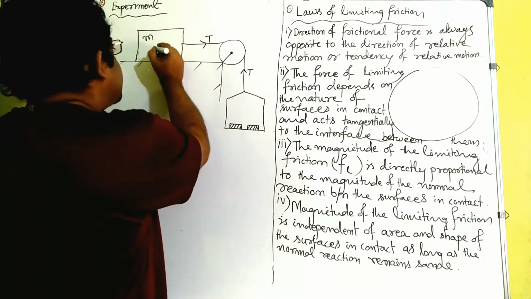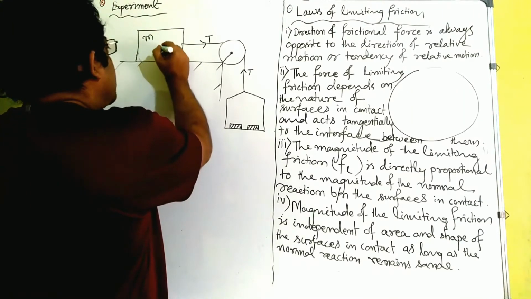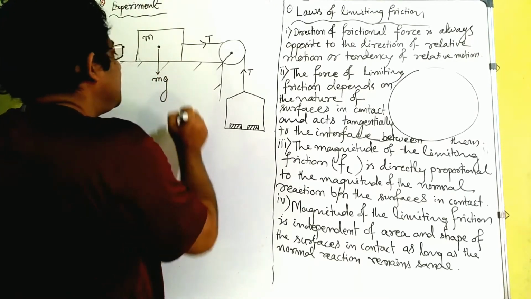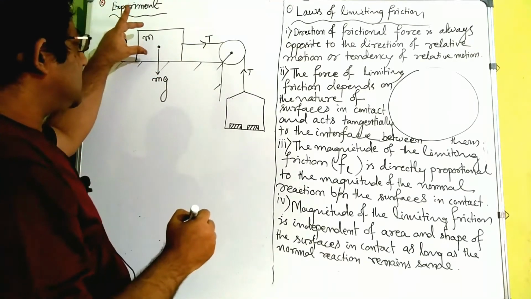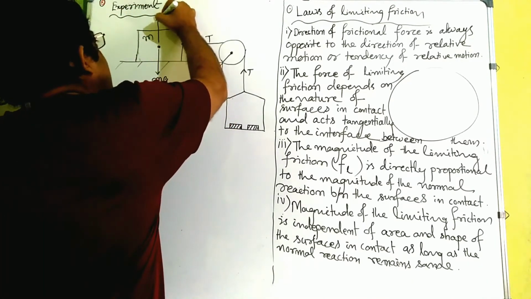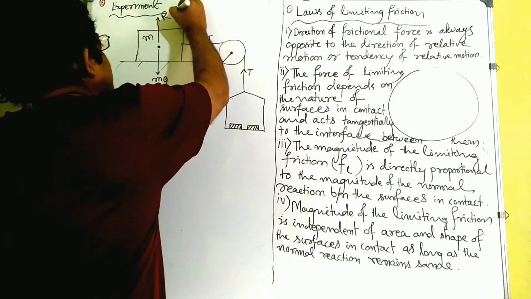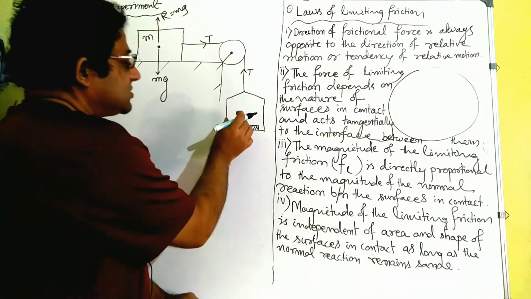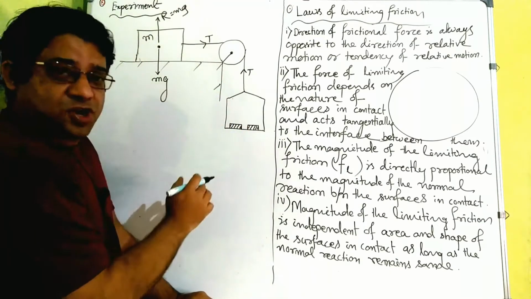And what are the forces acting here? If we look, one is the weight in the downward direction, that is mg, and this block is not digging down or flying up, that's why it will be balanced with the normal reaction, which is equal to mg in this case, right? Now some weights are there and it's just not moving.